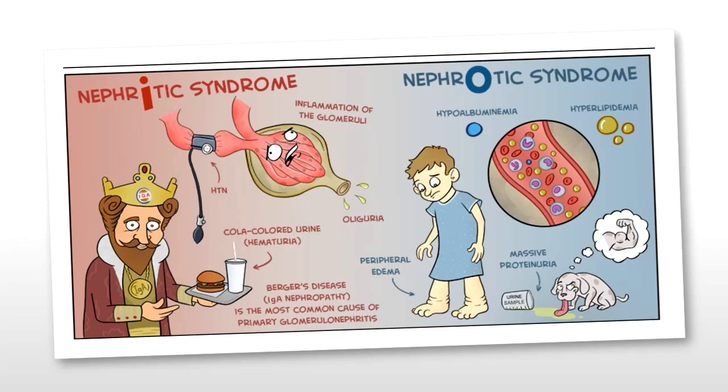Also, there is a compensatory increase in the synthesis of lipoproteins by the liver, causing hyperlipidemia. Another disease that we should know about is Goodpasture syndrome, a condition in which antibodies are formed against the type 4 basement membrane collagen, which is also known as Goodpasture's antigen. Because of this antigen, which is present in the basement membrane, antibodies are formed which attack it. They normally tend to attack the basement membrane in the glomeruli and in the lungs, causing hematuria and hemoptysis.